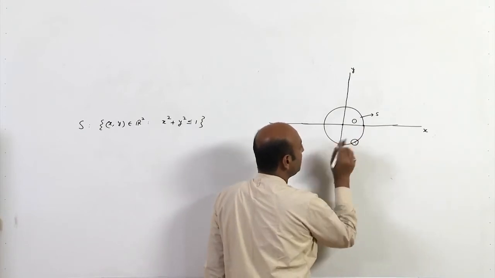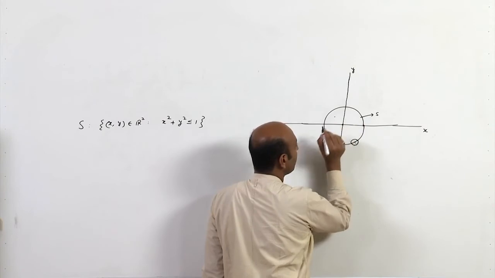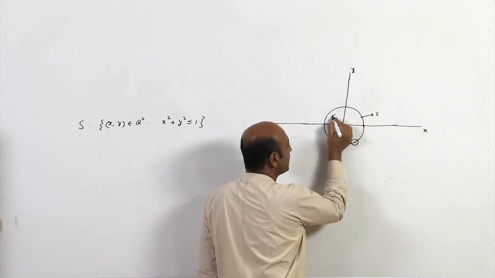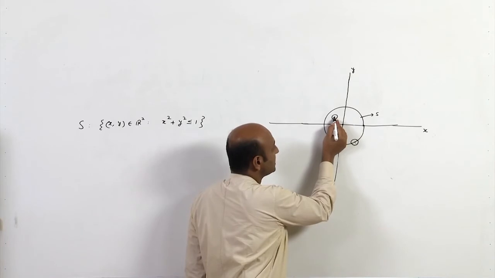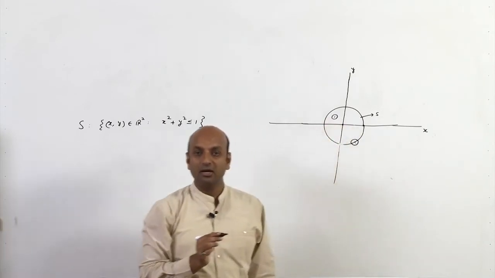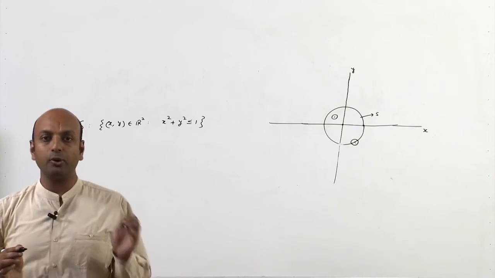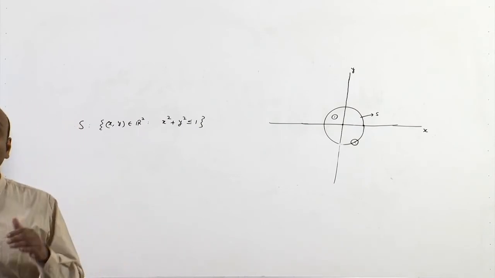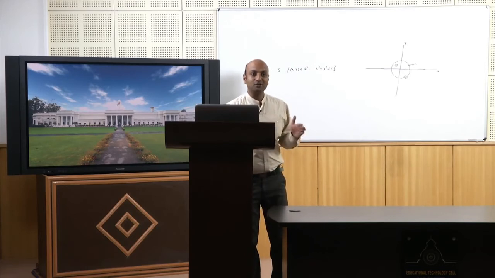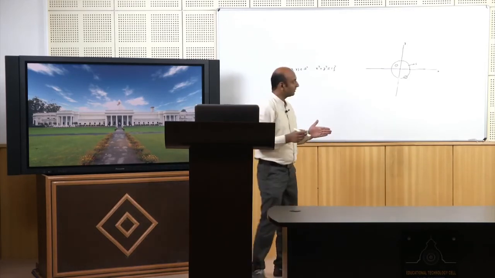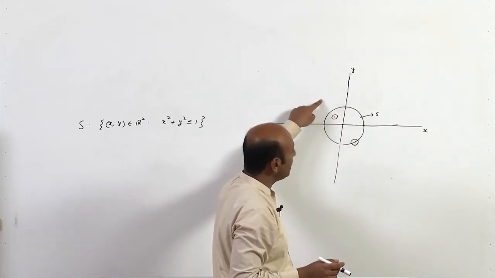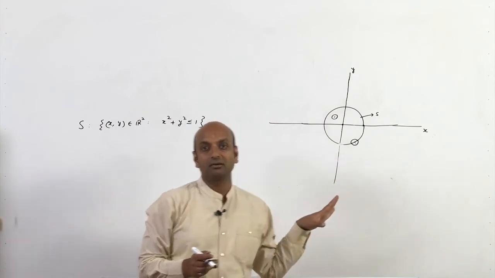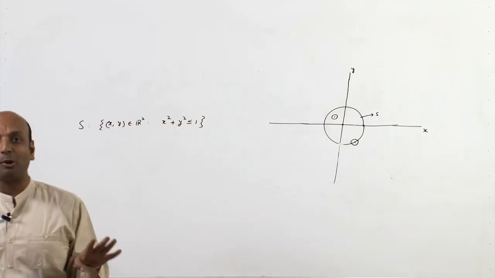Now, if you take a point, say here. There will exist a disk centered at this point, whose intersection with S is non-empty, but whose intersection with outside S is empty. So, this point is not a boundary point, because for every disk, no matter how small the radius you are taking, the intersection of this disk with the region S and outside of S should not be empty. That is the definition of boundary point.